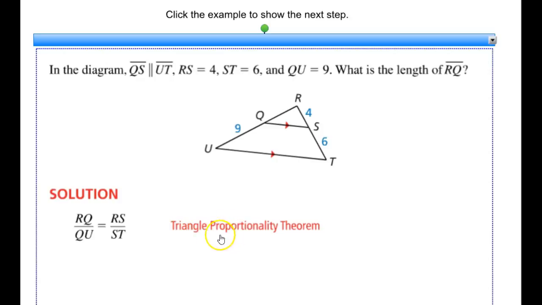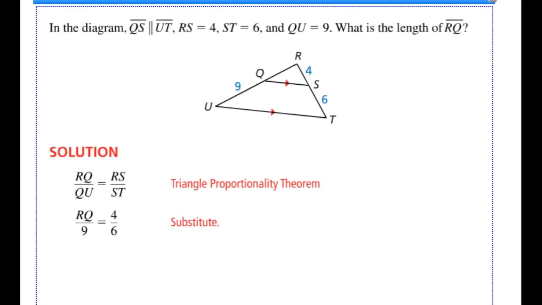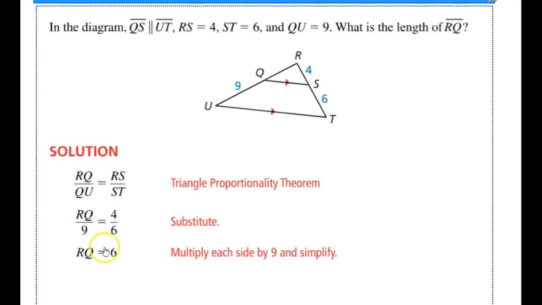Using my triangle proportionality theorem, RS over ST is equal to RQ over QU. So the top part over the bottom part is equal to the top part over the bottom part. Now that I've written out that proportion, I substitute the side lengths that I know, and I cross multiply and simplify, and I find out that RQ is 6